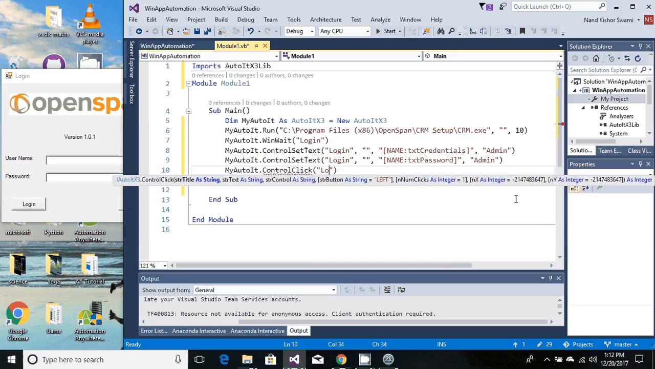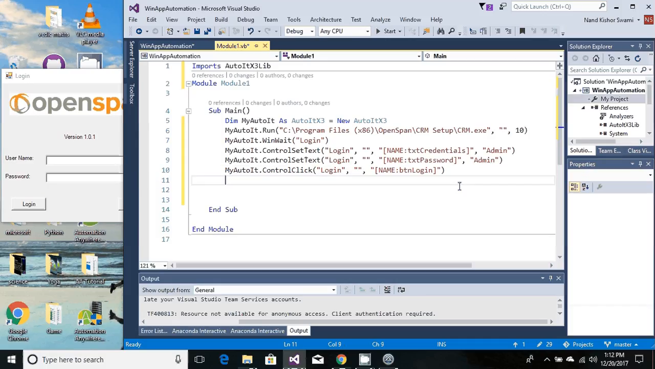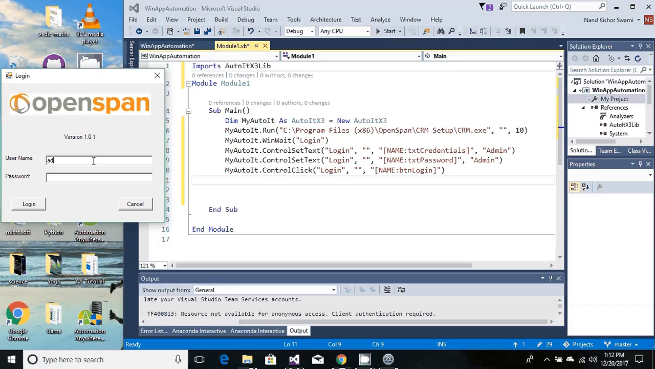So again we need to supply the same things. First title, then any control text, then the control where we need to click on. So here is the control, and by default it's going to click the mouse left button, and the number of times is only 1. So we can keep it as default and just move on to the next one. So let's see, if we enter our credential,